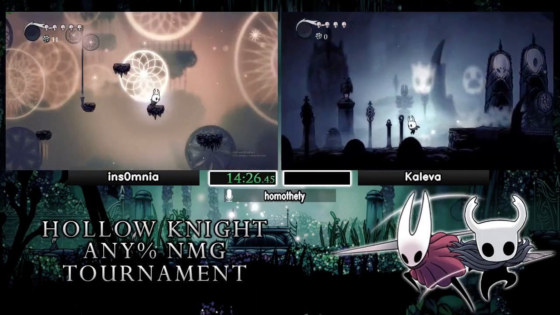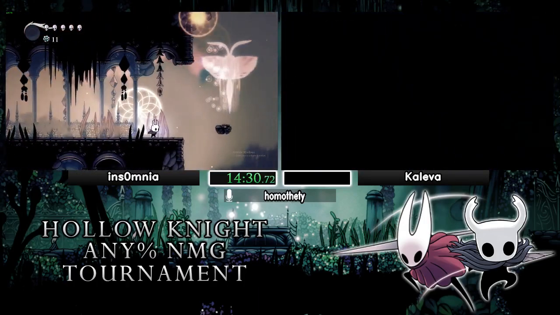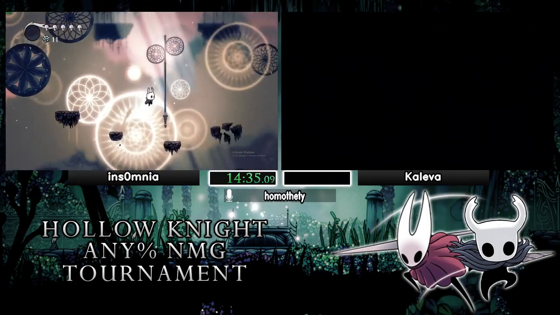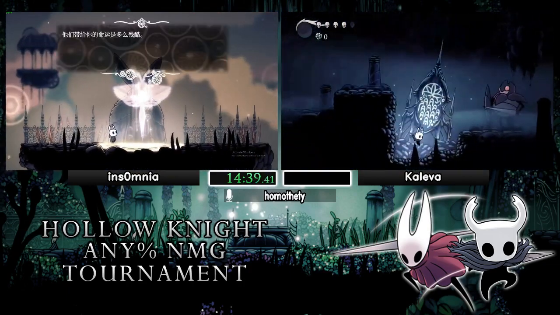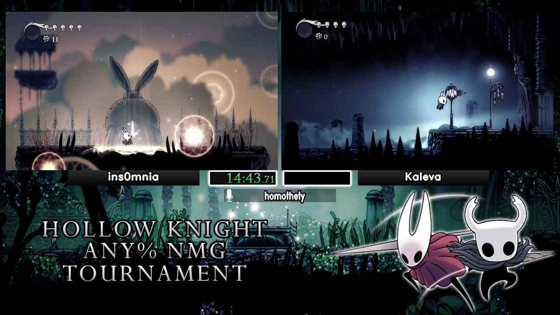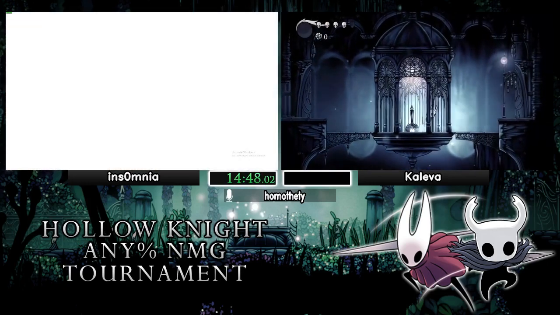Kaleva doing the skip to escape the wake-up cutscene with Seer. You just pause and unpause and mash dash. But that's a slightly dangerous skip because if you enter a room transition while the wake-up animation is completing, then